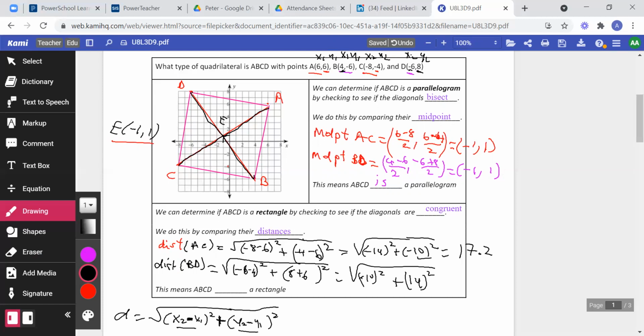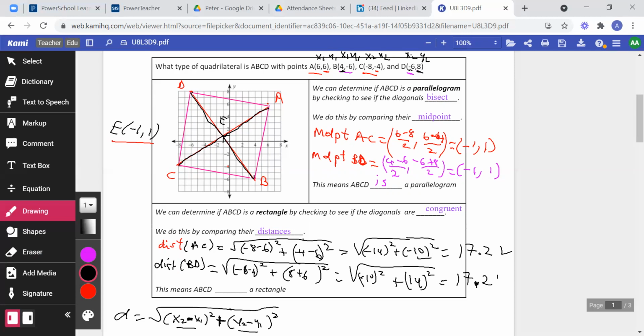Okay, minus times minus is plus. So negative 14 square and 14 square are the same numbers, okay? So as you can see, the two numbers under the square root here are the same. Minus 14 square and 14 square are the same. Minus 10 square and minus 10 square are the same. So that means we're going to have the same outcome, that will be